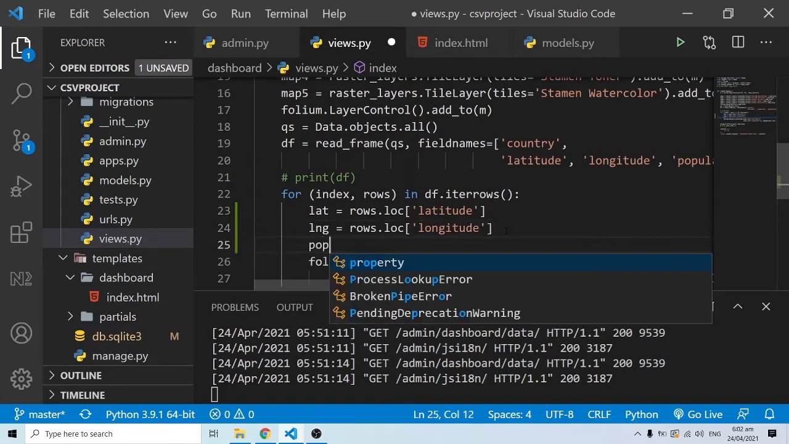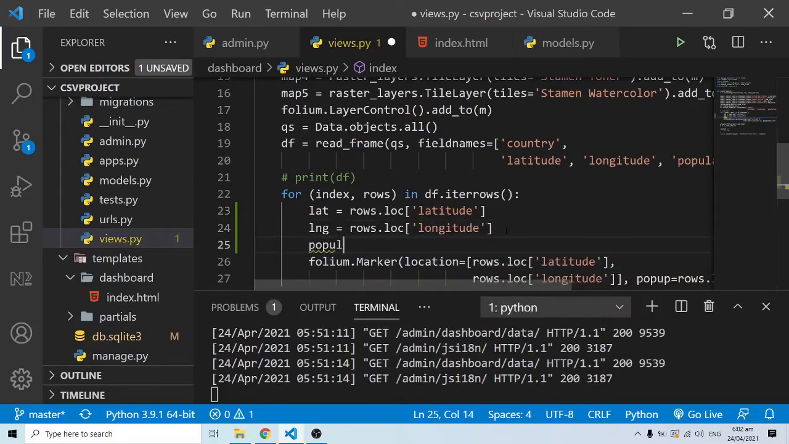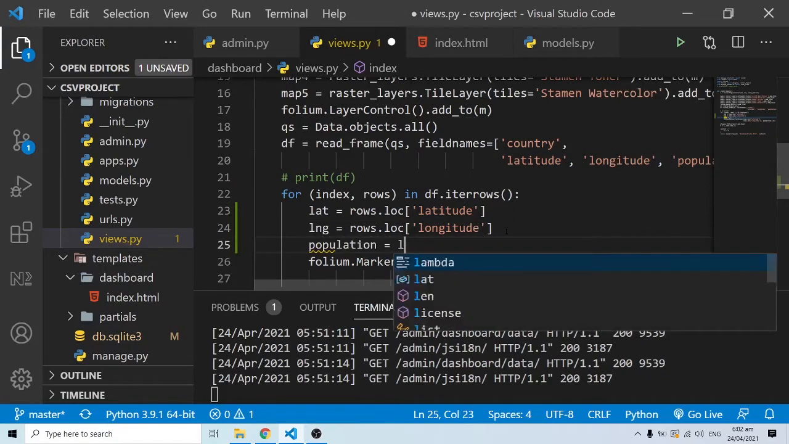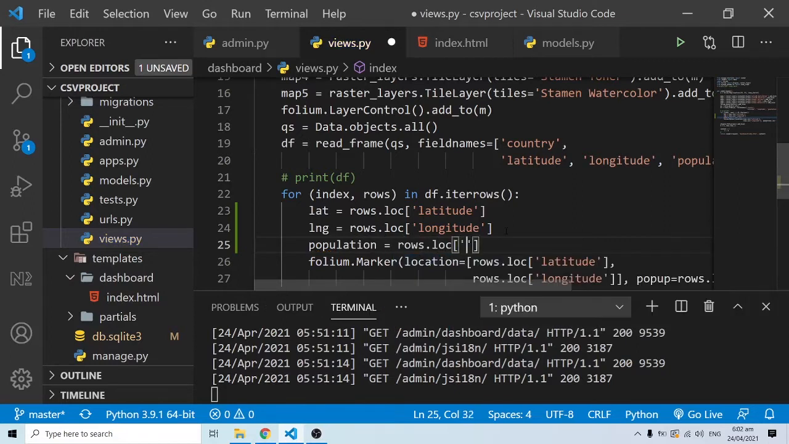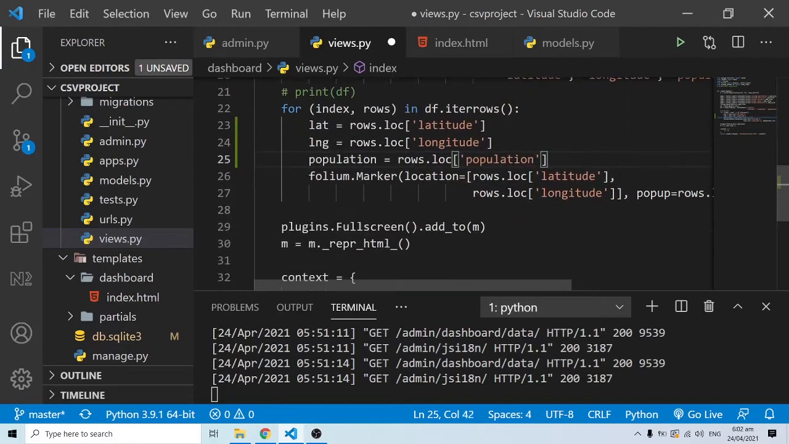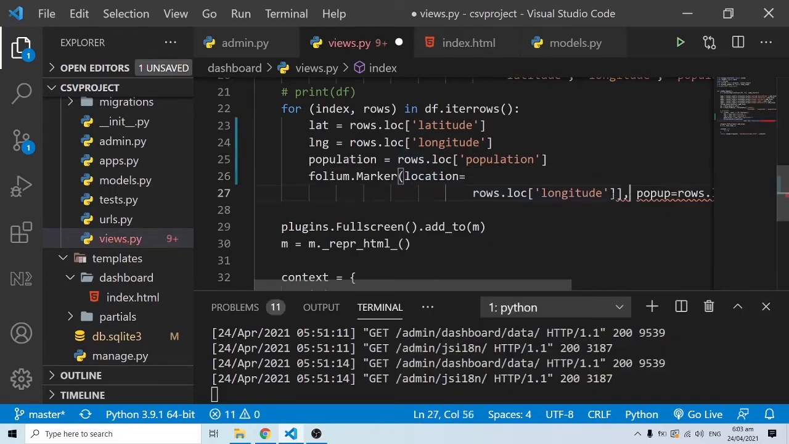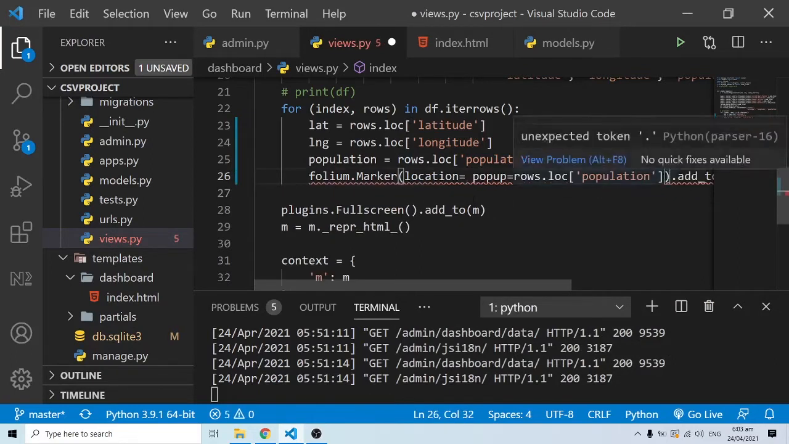Then I think finally we are going to do something for population. So population is also going to be rows.loc, and I'm going to say population. All right, so basically what we have here is trying to iterate or loop within our data frame to get all the latitudes and all the longitudes, so that instead of trying to type everything over here, all that I'm going to do is to clear everything over here,